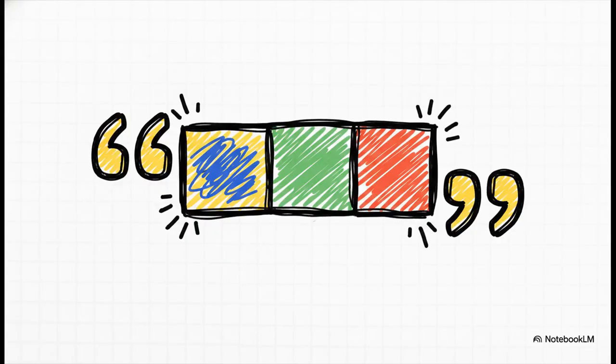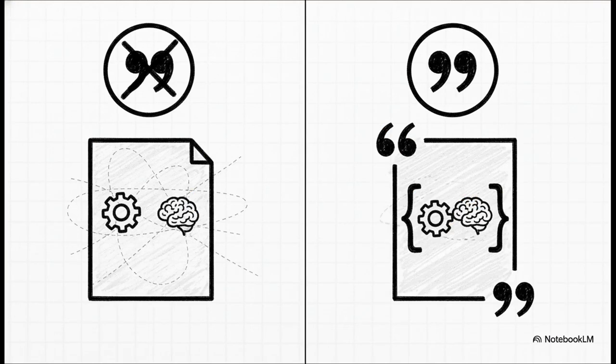Oh, this one is so useful. Putting quotation marks around a phrase is kind of like using glue. It tells the search engine to treat those words as a single, unbreakable unit. They have to appear together and in that exact order. So bottom line, whenever you're searching for a specific phrase, a person's name, or a concept made of multiple words like artificial intelligence, always wrap it in quotes. This stops the search engine from finding those words just scattered randomly on a page and forces it to find them together as one idea.